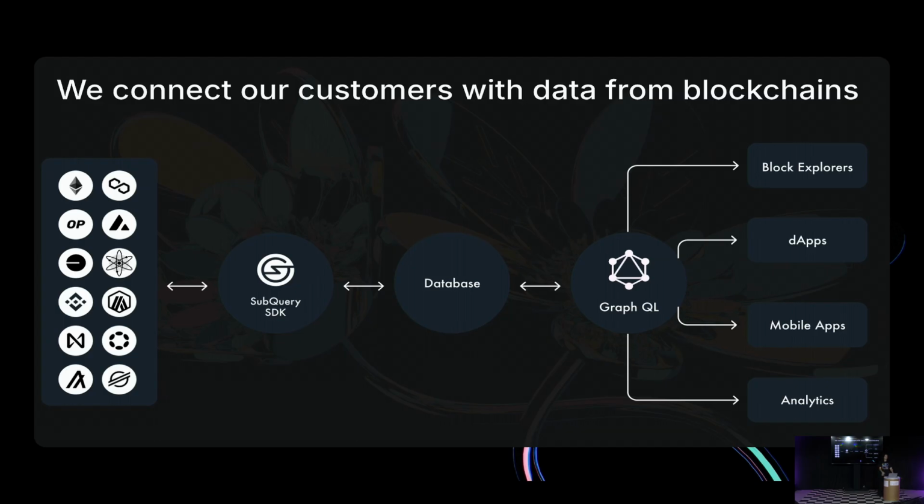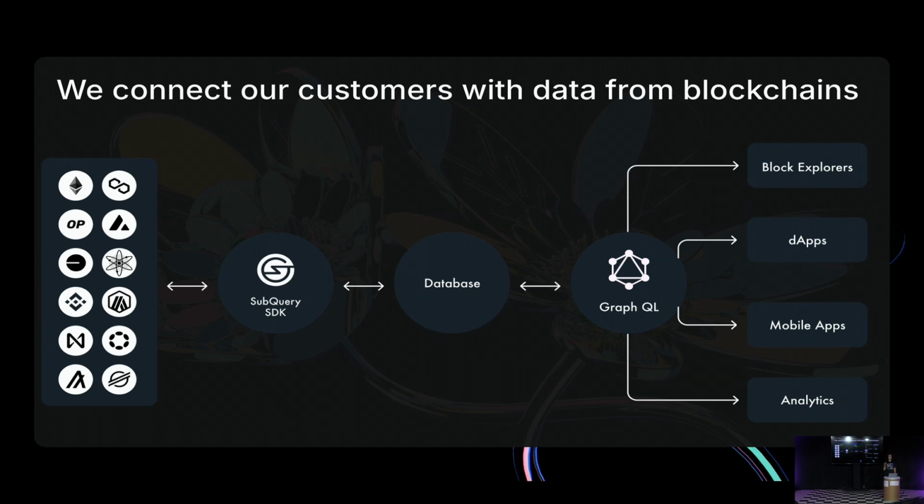And this is what really happens. As I said, we've been working on this for more than 4 years, and we support 230 plus networks across different ecosystems. Every network is another ecosystem with a lot of builders and applications.